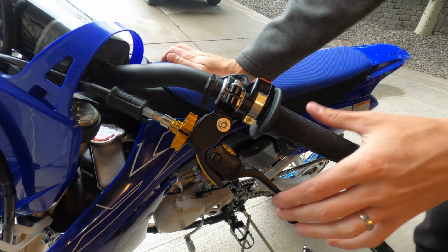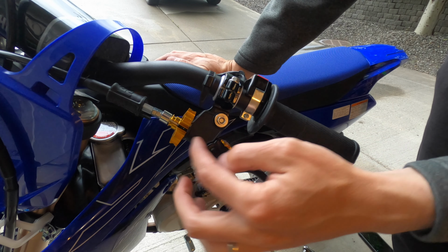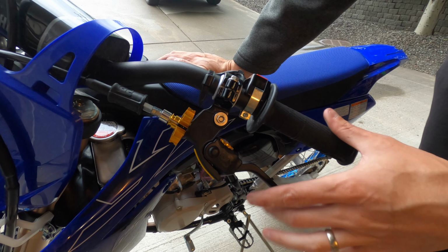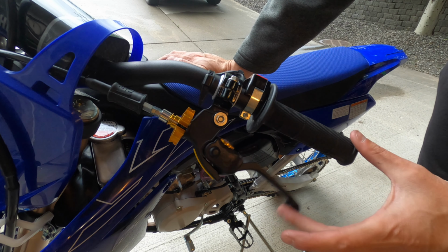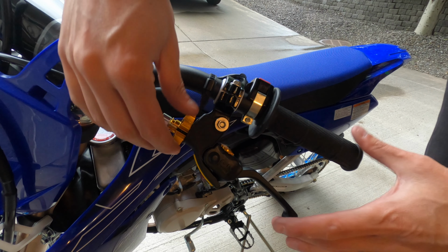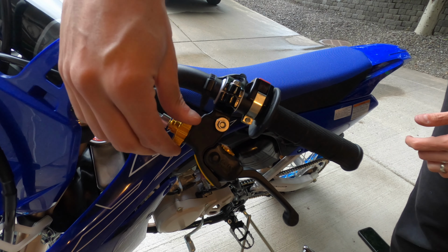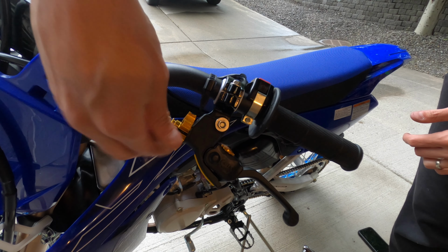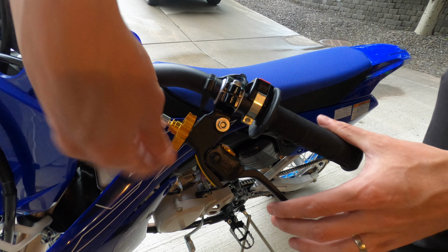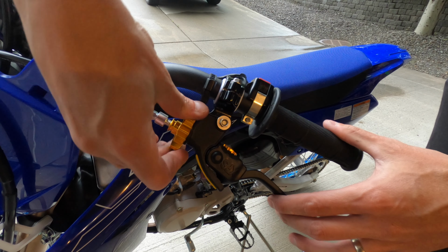And we're basically at the point now where we're going to be able to adjust the tension or the slack in the cable to get back to where we were. Now as you can see right here, we've got a ton of play. It's not adjusted yet. So now what I'm going to do is start using the star adjuster, clicking towards the front of the bike, which is going to be tightening the cable. Now remembering we do want a little bit of play, so